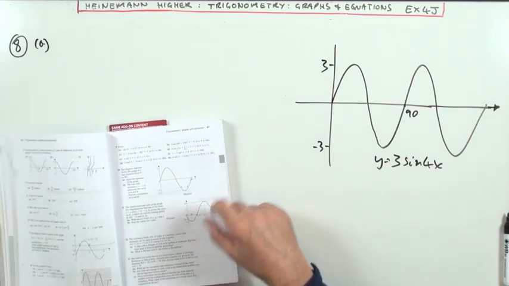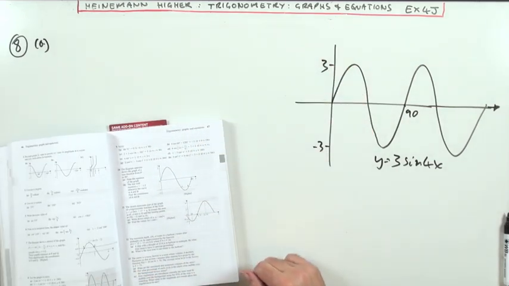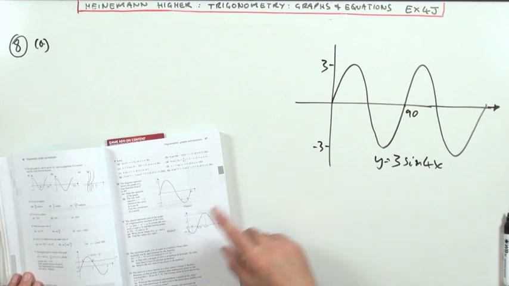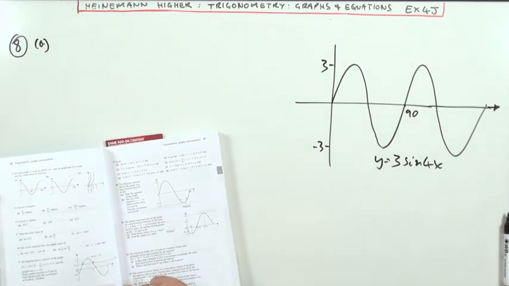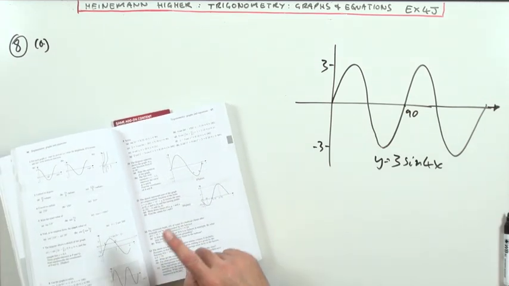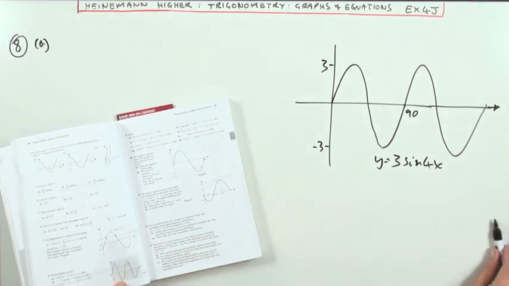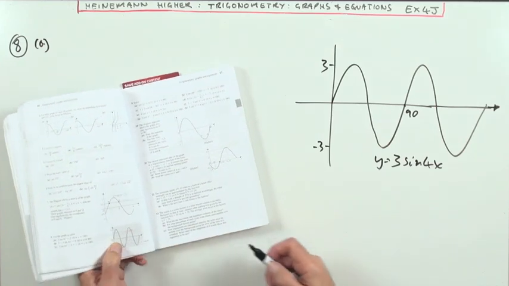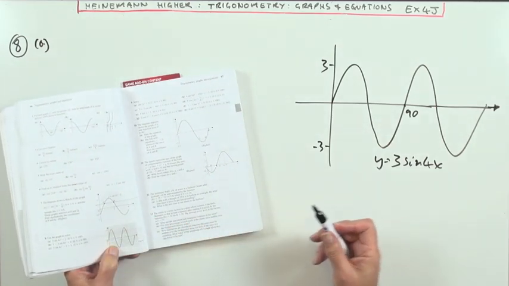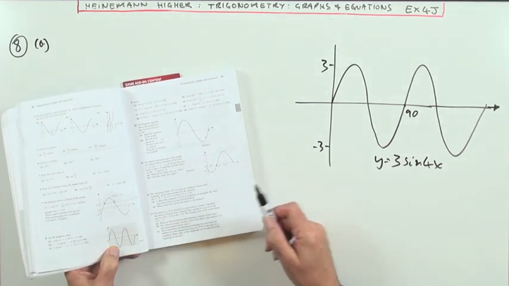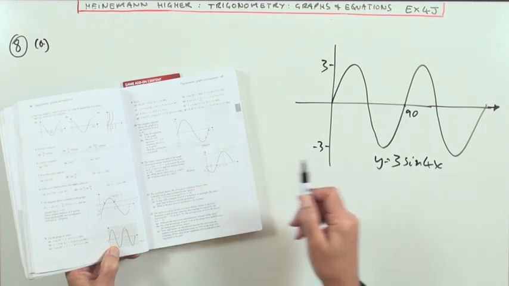Heinemann Higher, Chapter 4, Trigonometry, Graphs and Equations, Exercise 4J, the mixed questions at the end. Number 8 is not to calculate the answers to these equations, but to read them from the graph. Well, not obviously drawing it properly there because you need the scale, which is a bit of a pain. And when you look at the back for the answers, those answers at the back are the correct answers arrived